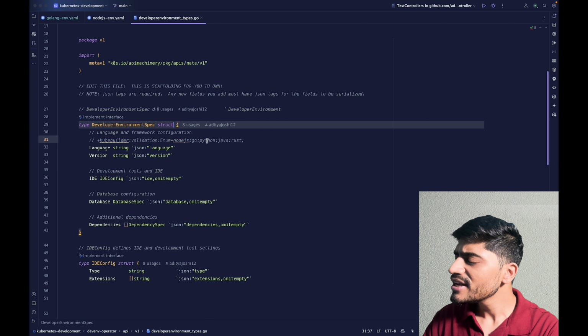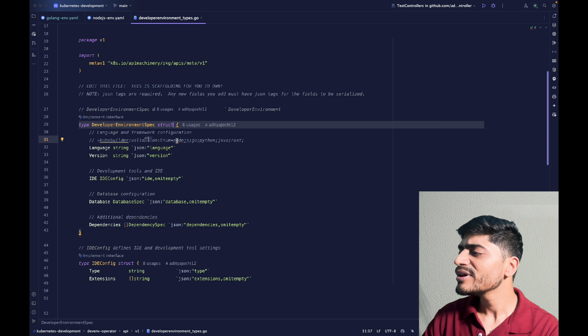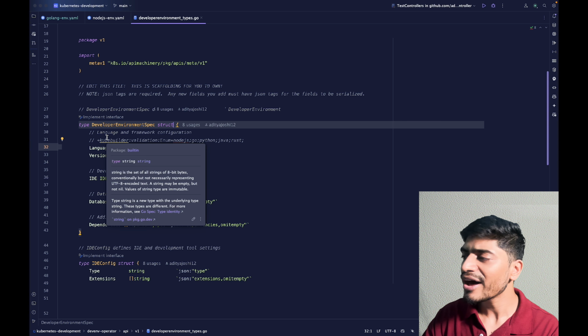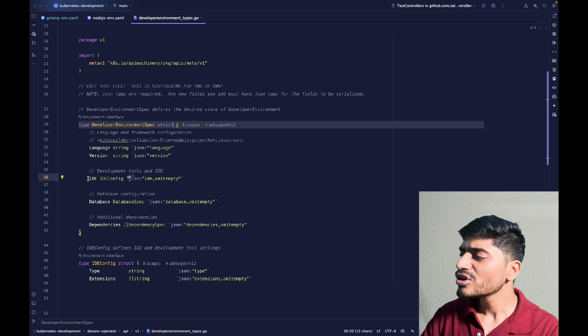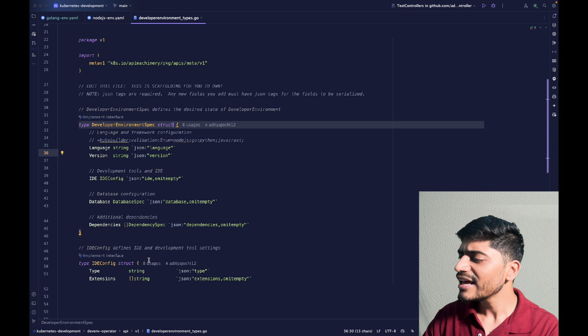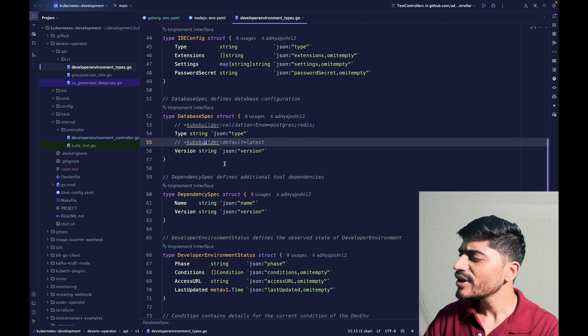Here you can see that I have put a validation where the value should be an enum of type either Node.js, Golang, Python, Java, or Rust, right? So these are the relevant languages that this operator is going to support, and I'm using the kubebuilder markers that are going to enforce the validations on the custom resource side. Then the version field is a string, and the ID is coming from this object called ID config that I have specified below. So here you can see that